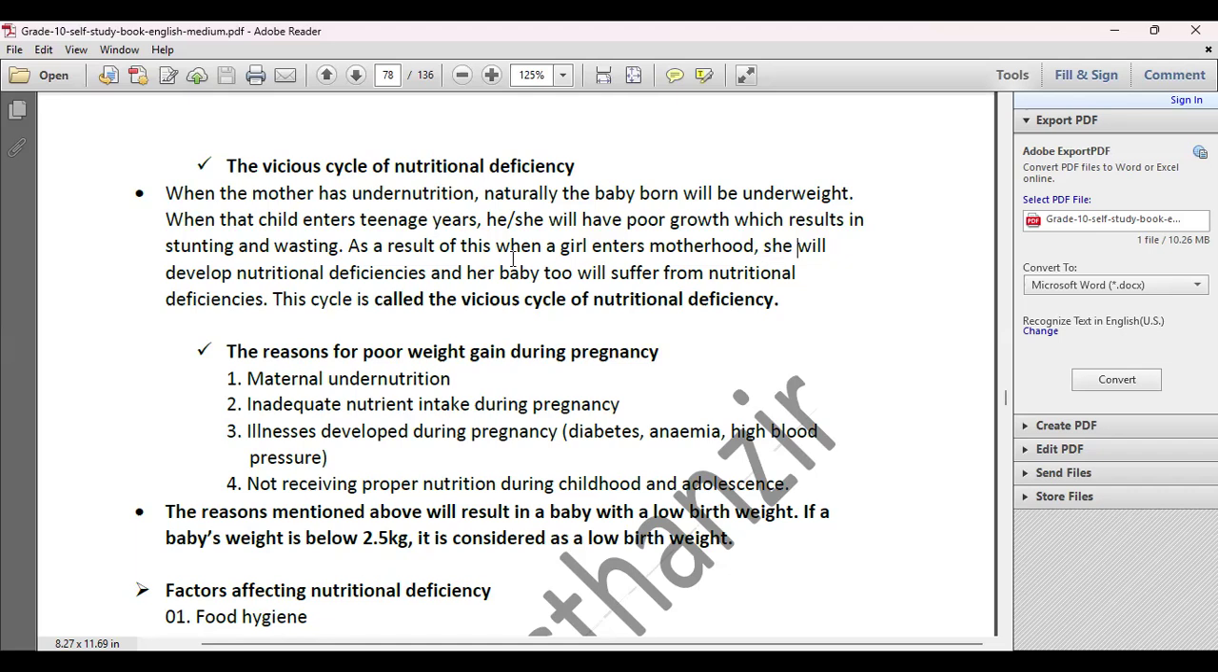Hope you are writing, children. I told you to draw three boxes. In the first box you have written the poor nutritional status of mother closely related with the baby. Next box you have written poor growth of teenage. Then the last box you want to write nutritional deficiency during pregnancy,